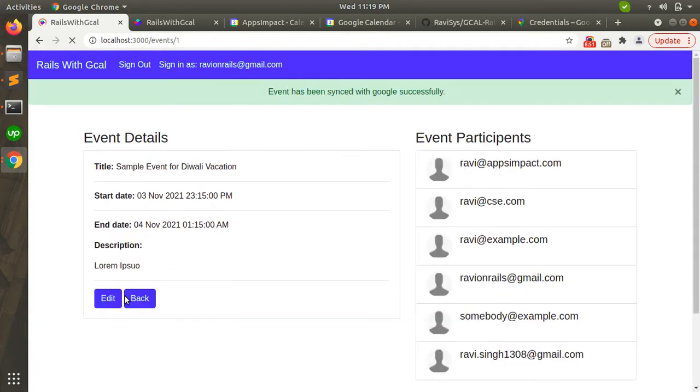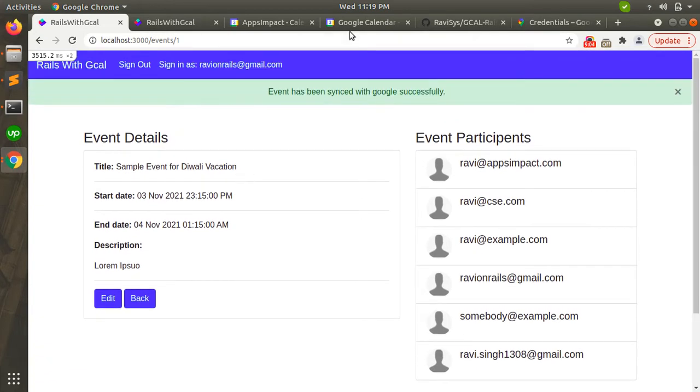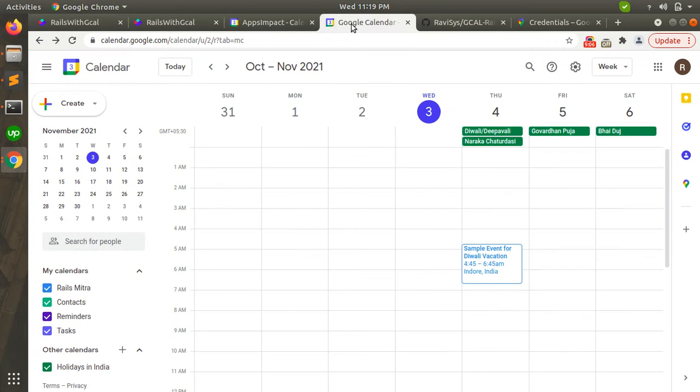So let's click on sync with Google. You can see that the event has been synced with Google successfully. Now this latest user has been added to my attendees list. So we have seen here that we updated the event on Google, and we have also synced that event to our local event as well.